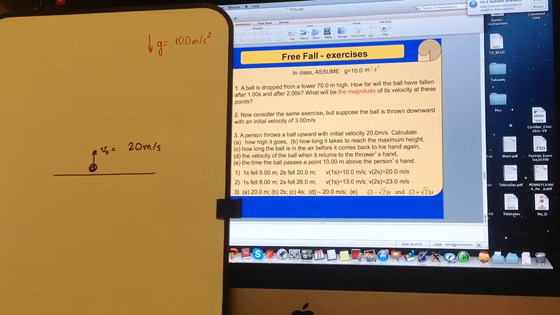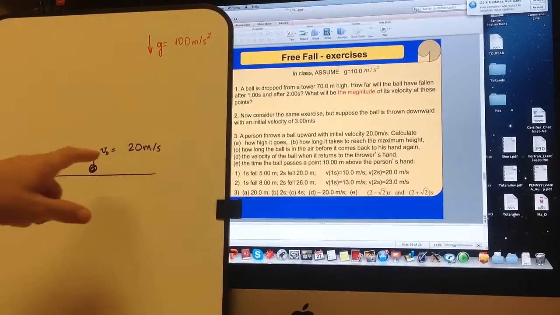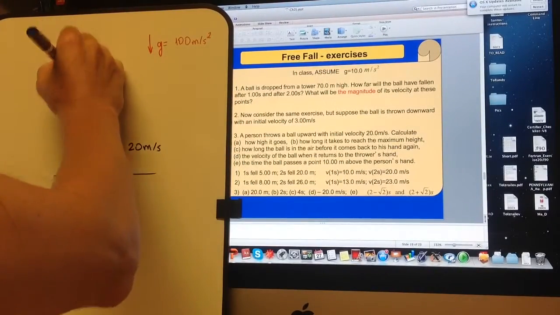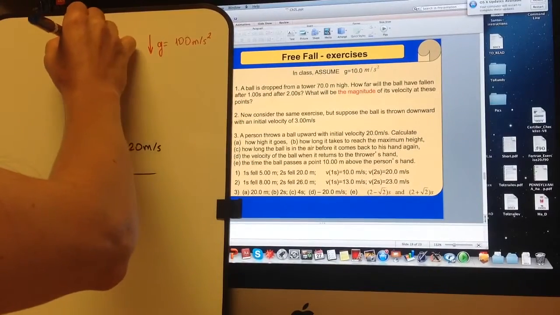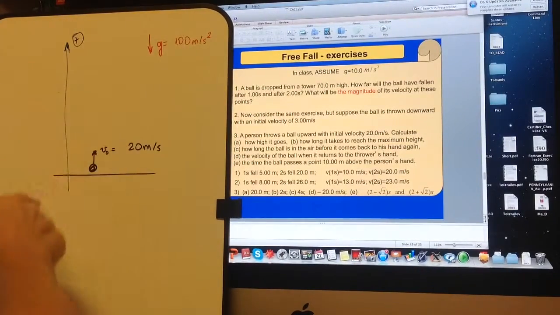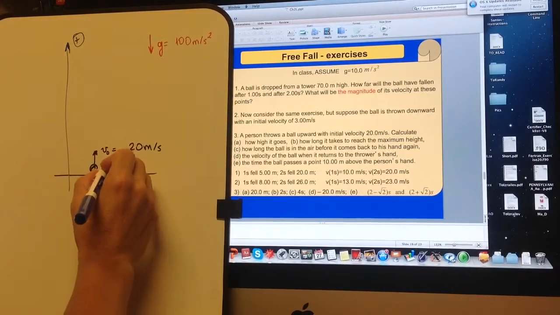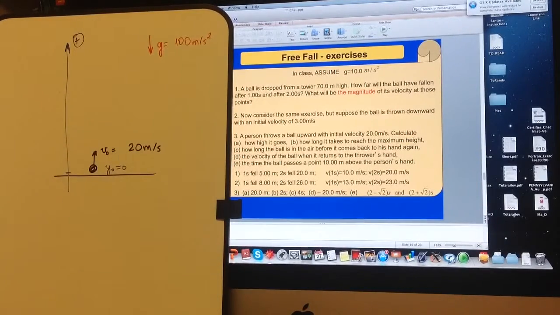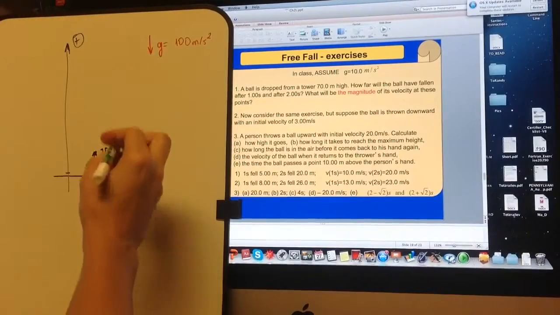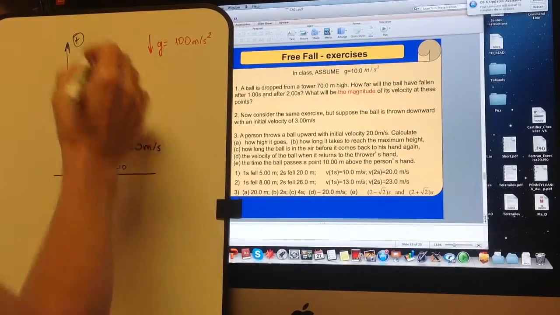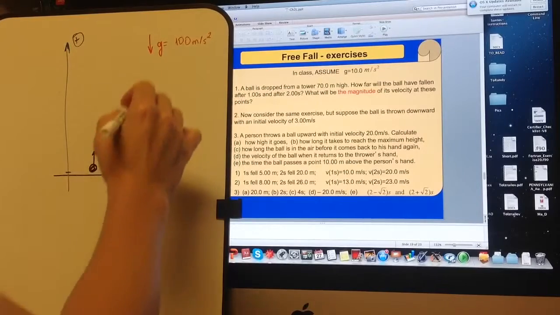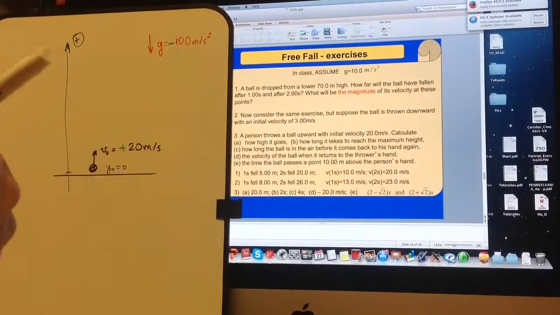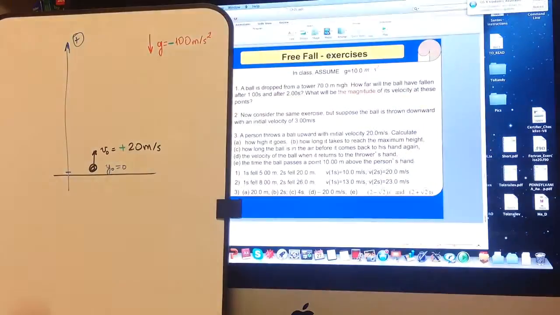Let's make a choice of reference frame, so now I can put the signs for v naught and the sign for g. I'm going to choose my reference frame pointing up. It's an arbitrary choice, and once I make this choice, I know that my initial position is 0, because I'm calling this the origin. My velocity is pointing up, and my frame is also pointing up, so my velocity is plus. I know that g is pointing down, opposite to the frame, so it's negative. That is good. Now we can go and try to solve the problem.